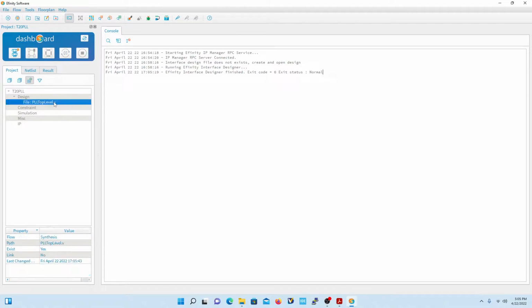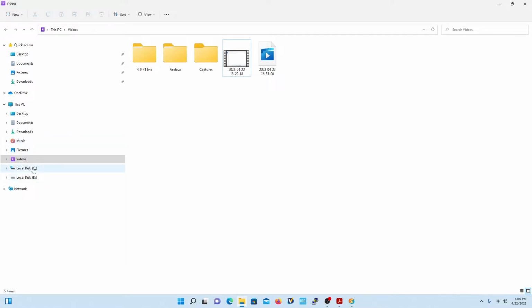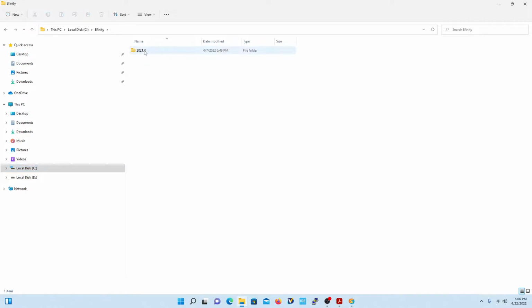I suspect other manufacturers do the same thing. I'm pretty sure Xilinx does, but so if we go in here and see, go to Infinity,